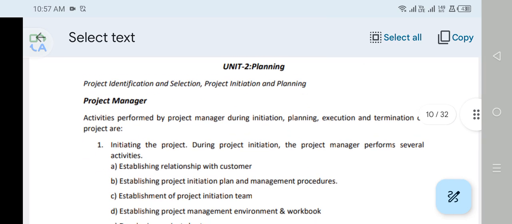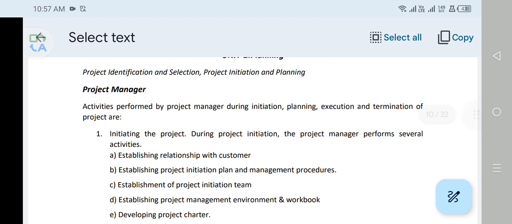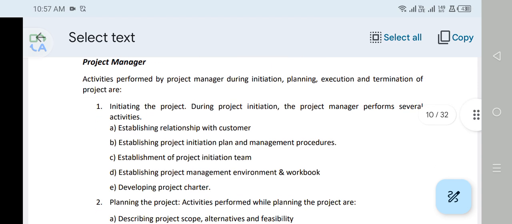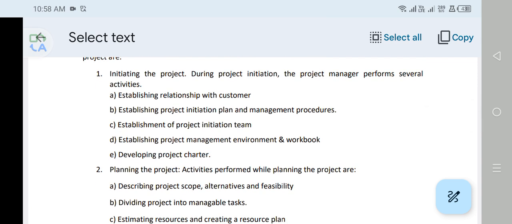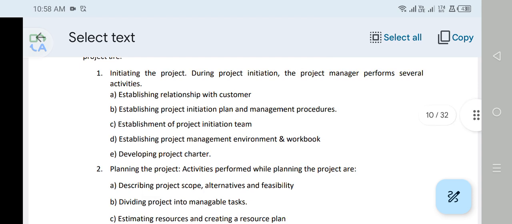A project manager initializes the project. During project initiation: establishing the relationship with the customer, establishing the project initiation plan and management procedures, establishing the project initiation team, establishing the project management environment and workbook, and developing a project charter. Planning the project: the activities performed while planning the project are